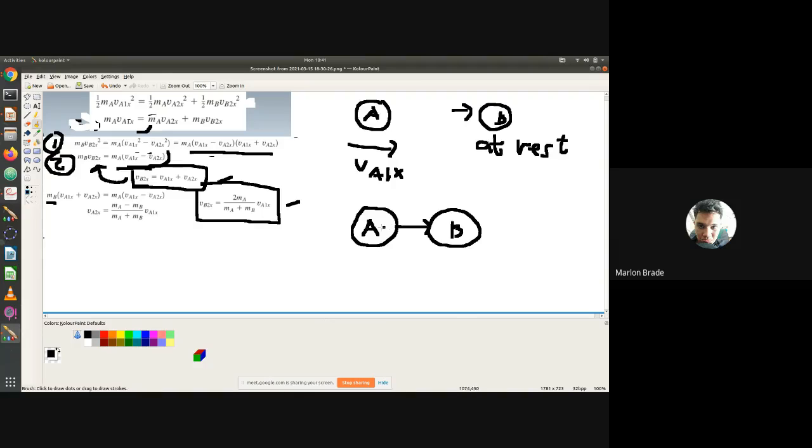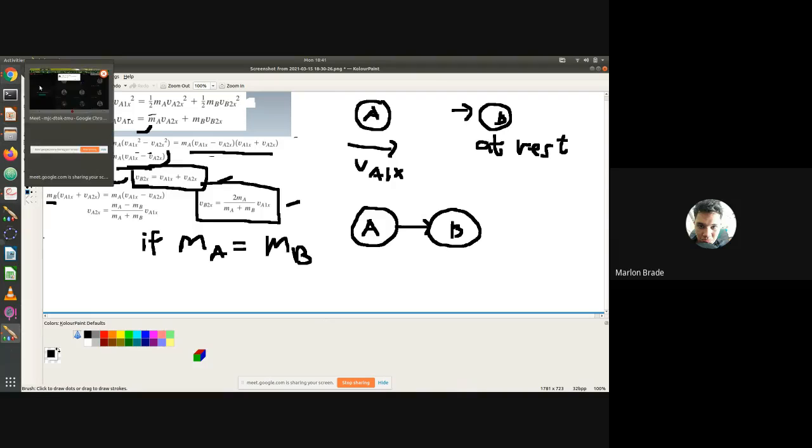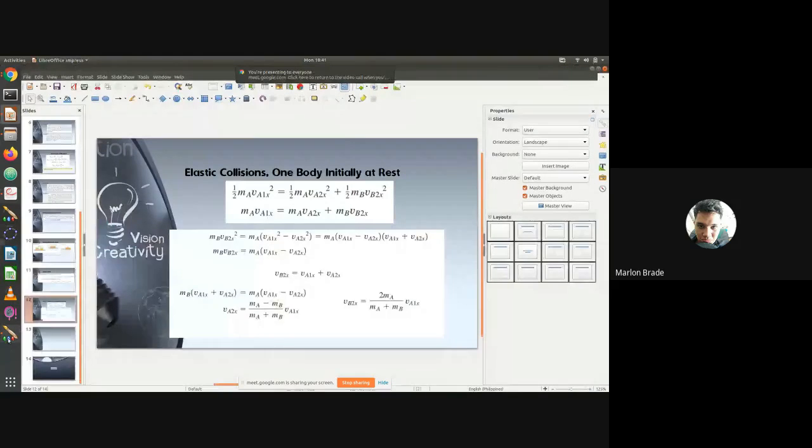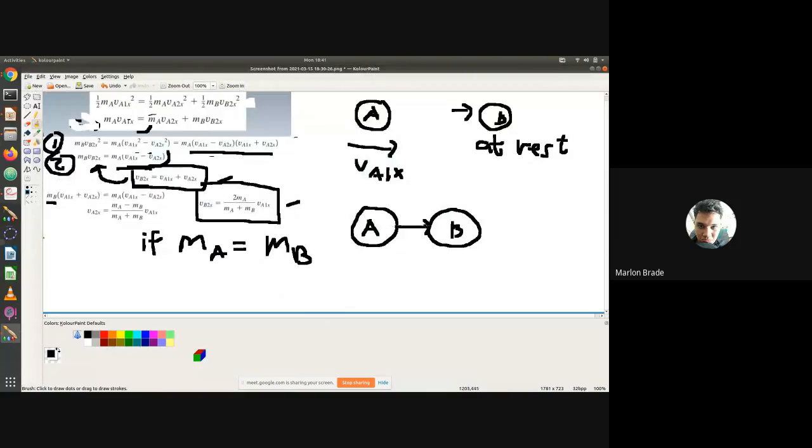So, unsa mahitabo karon? Ang mahitabo karon is that kung si A parihog mass ni A, so we assume that if ang mass ni A is equal sa mass ni B, so unsa mahitabo kung ang mass ni A equal sa mass ni B? So, kung ang mass ni A is equal siya sa mass ni B, then nibangga si A kang B, which is si B is initially at rest. So, ang mahitabo is that ang mass ni A, pila ang mass ni B? So, ang mass ni B, or ang final velocity ni B, is, masama na siya? So, mahimo siya 2MA